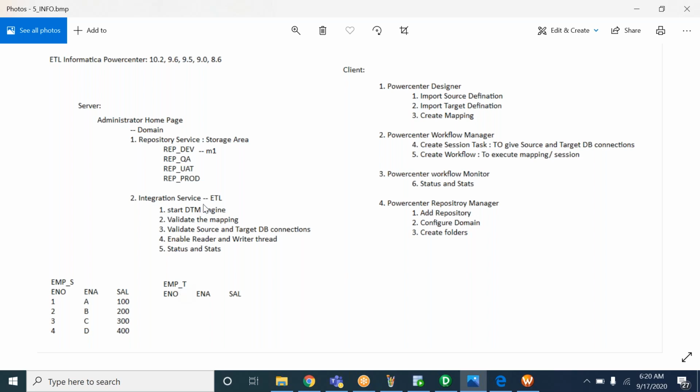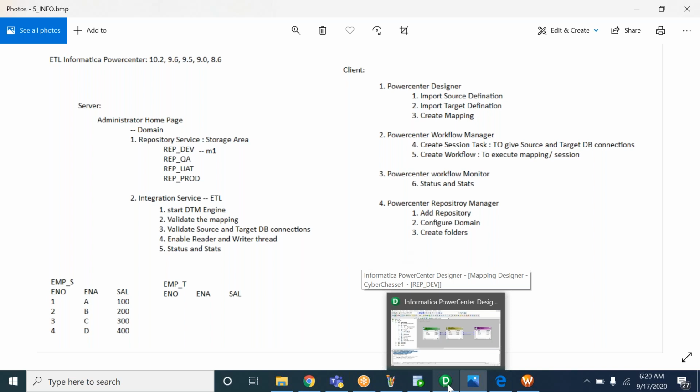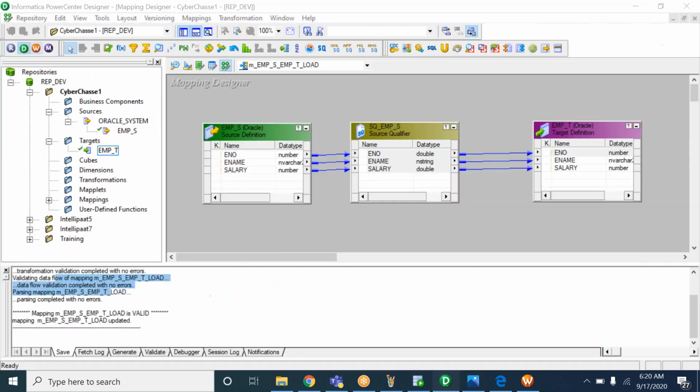So I will create another example practically. I'm just going through whatever we discussed in the last session because you have joined and two more students also joined today. So for them, I'm going through what we discussed last session. Okay, thank you. We'll create another mapping there. I will show you practically.